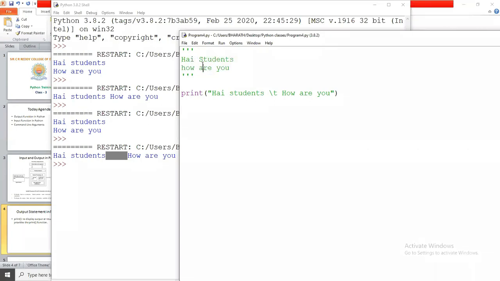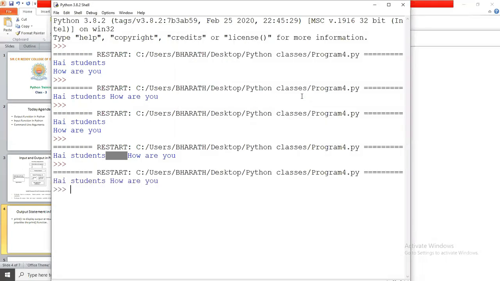If somebody asks you to print the exact output, and you write it like this, it prints in the same line. The output is correct, but the representation of the output is wrong. We call this a representation error.